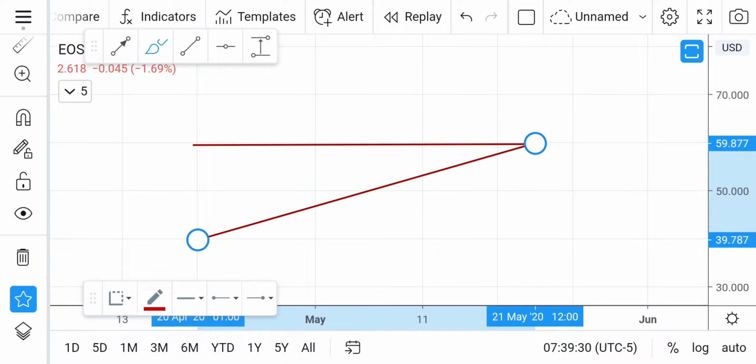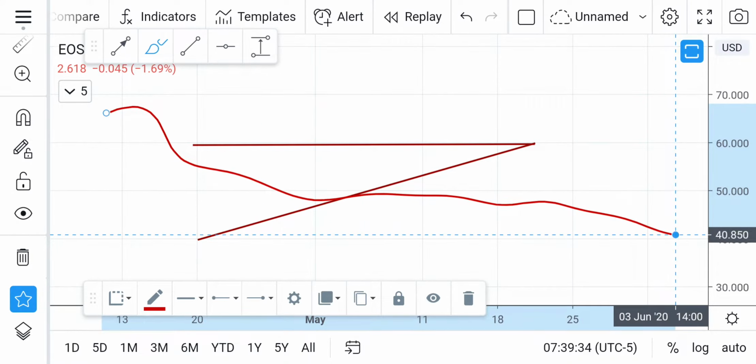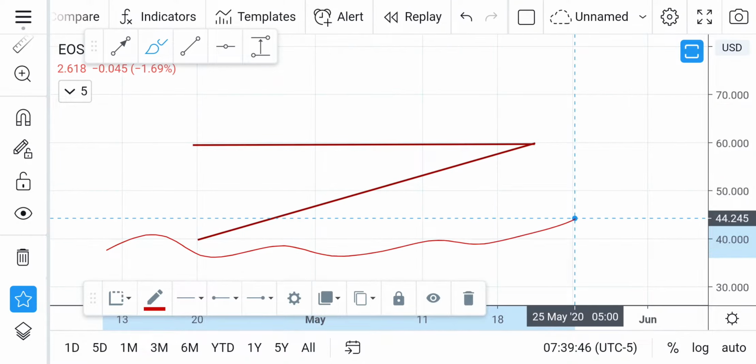If it's an uptrend, like you have a 200 period moving average like this, let's say this is your 200 period moving average,